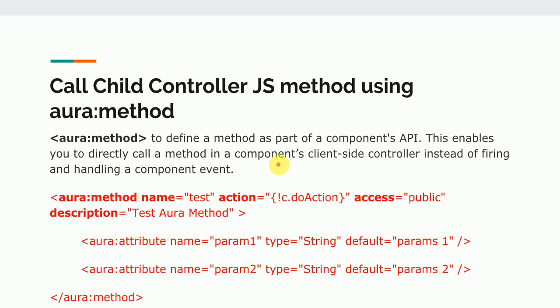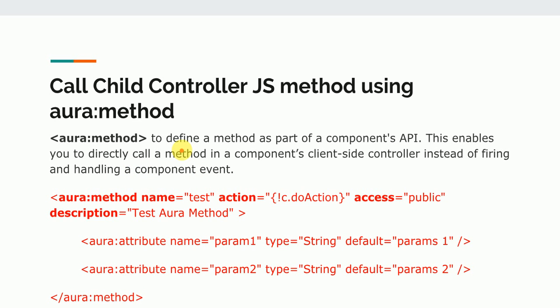So let's go ahead and start with the Aura method. Aura method is a method that is a part of component API that enables you to directly call a component's client-side controller instead of firing and handling a component event.